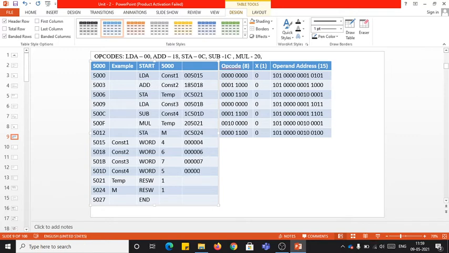5 zeros followed by 5. So that's the object code. That's how we'll be generating the object code for the word instructions. I repeat, for the word instruction, your operand itself will be the object code like this, represented in 3 bytes, because for all these word instructions you allocated 3 bytes to each.